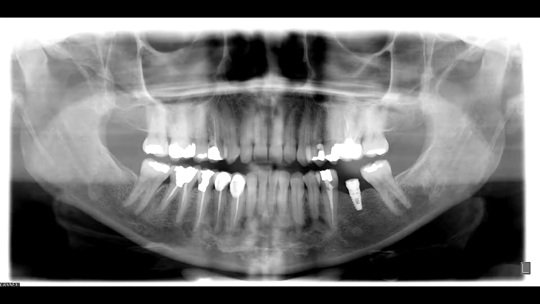Florid cemento-osseous dysplasia. Cause is unknown. Occurs in people over the age of 40 years old. It occurs more in females than in males, and it also occurs more in African Americans. The location is multiple areas of the maxilla and the mandible. There are no symptoms, and the radiographic features include multiple areas of radiolucency to radiopacity. There is no treatment unless it's complicated by osteomyelitis, and it is diagnosed historically, clinically, with no extension, and radiographically.